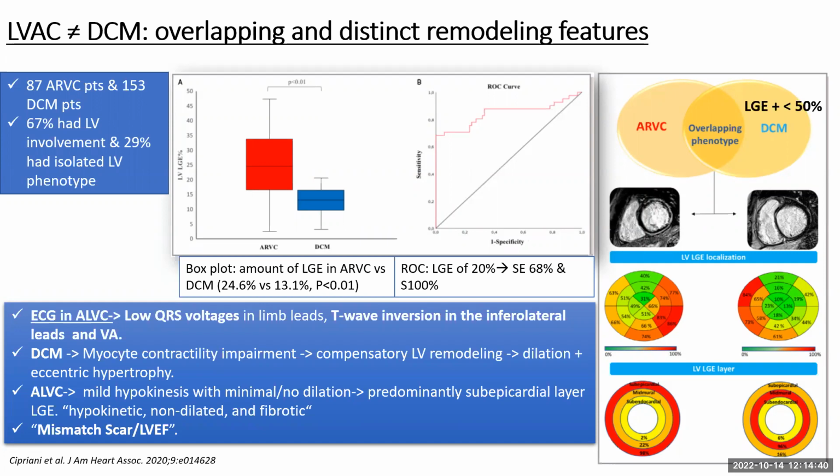Using these imaging features, they described two patterns of remodeling: a DCM remodeling type with a myocyte contractility impairment that leads to more dilation and eccentric hypertrophy with less amount of scar, in contrast to the arrhythmogenic left ventricular type that has a more frequent hypokinetic, non-dilated phenotype despite extensive fibrosis in CMR. The fact that less than 50% of the DCM patients had presence of LGE could be important for the differential